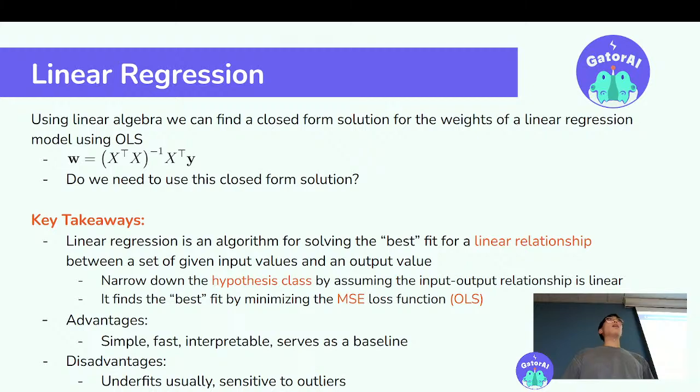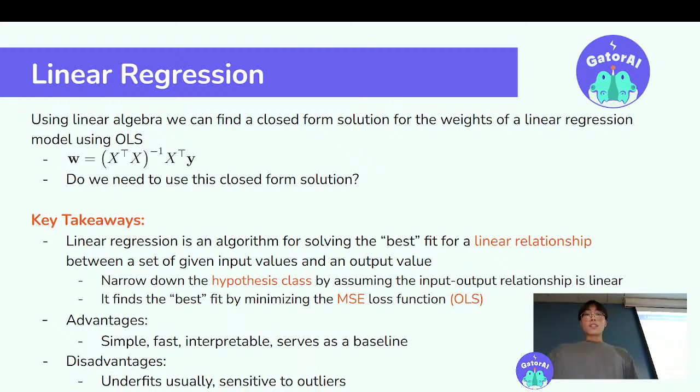We can use, and we'll talk about this in future lectures, an optimization technique called gradient descent, in which we essentially don't need to calculate these partial derivatives and try to find the critical points, and ensure that our function is convex so that the minimum is the global minimum, and all of that fancy stuff. We can have a much more efficient way of finding the minimum of our loss function.